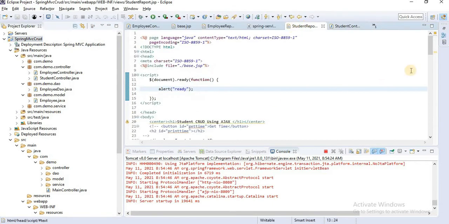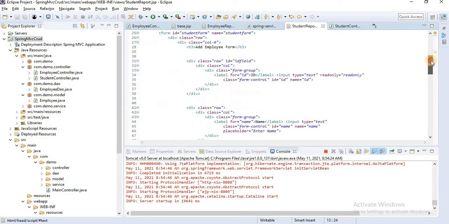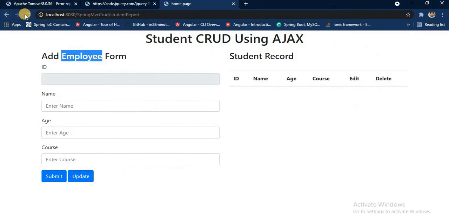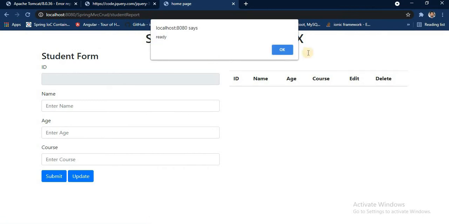Let's go to the student report, change, add employee to student. Okay, let's save. Or we can simply define here only student form. Refresh, you can see here student form.